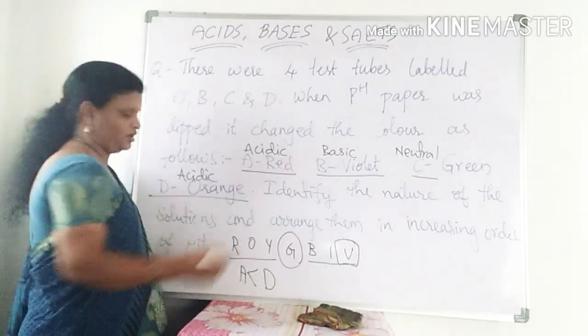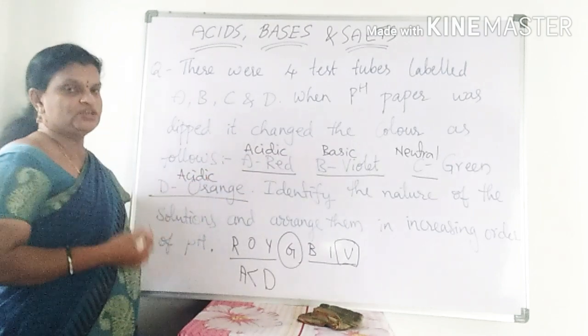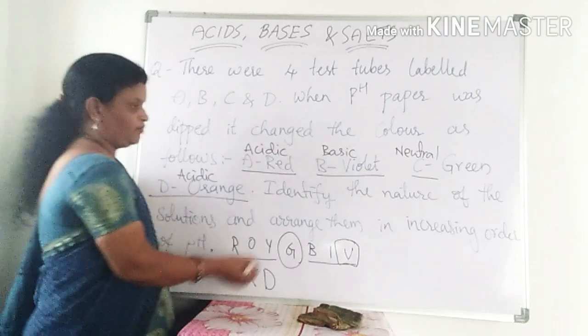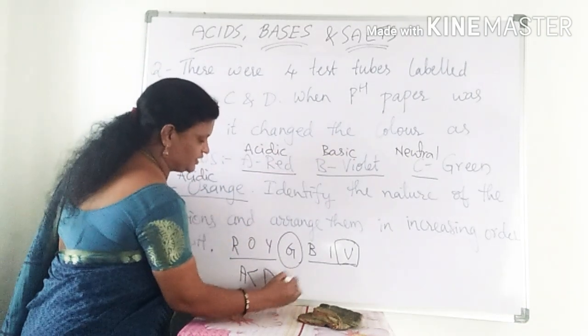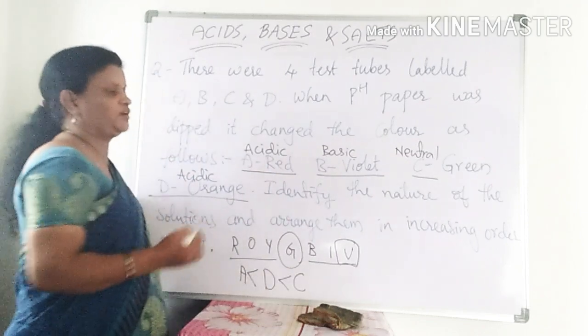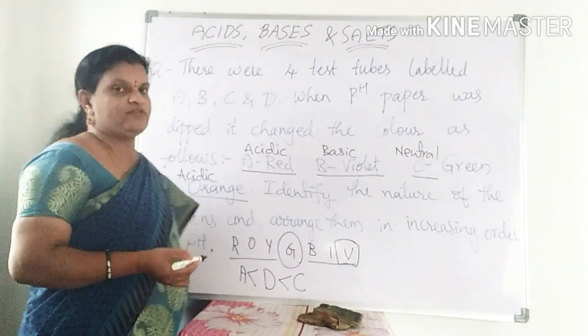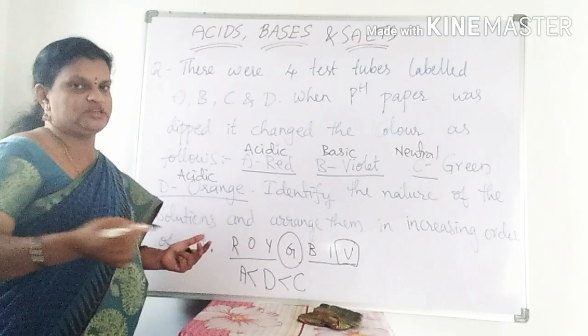Next, only red and orange is given, yellow is not given in our solutions. So in your question, if yellow is given, you can select that after D. And now you see, green is there anywhere? Yes, it is there. So less than C. Many of the students will confuse with increasing and decreasing order also. Increasing order is asked, what we have to write? Least first. Then we have to show that increasing order, 1, 2, 3, 4, 5.